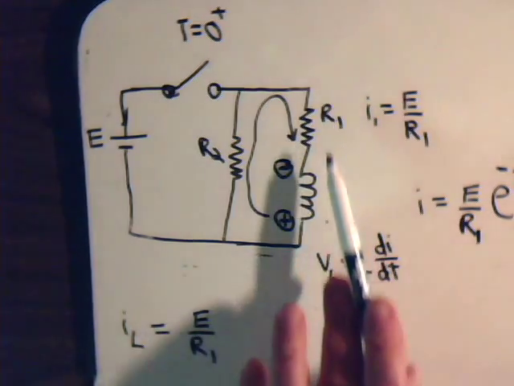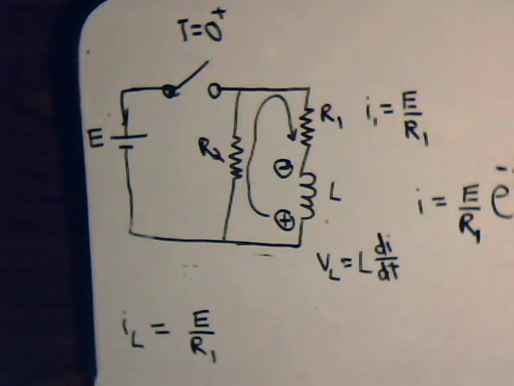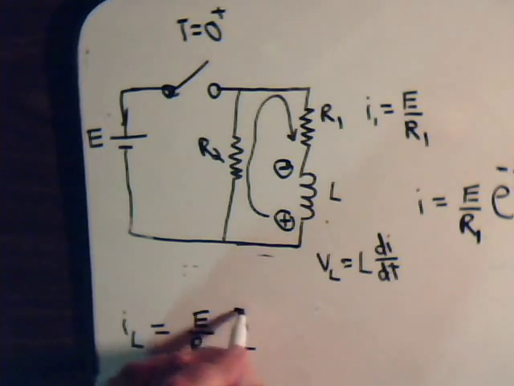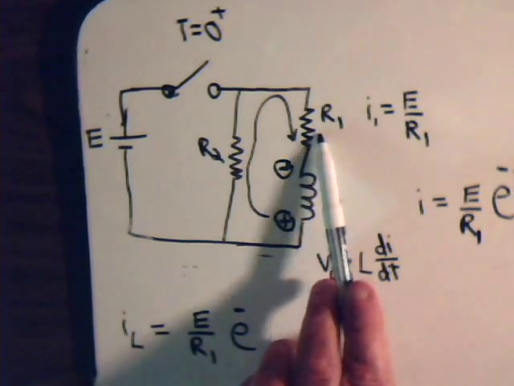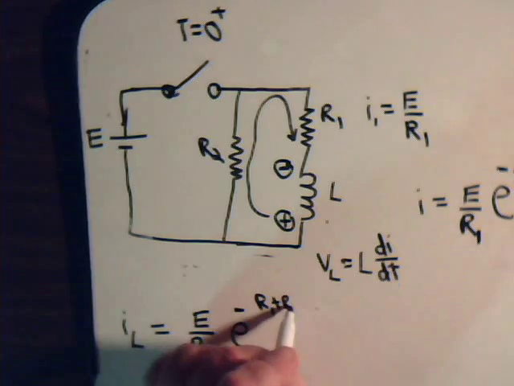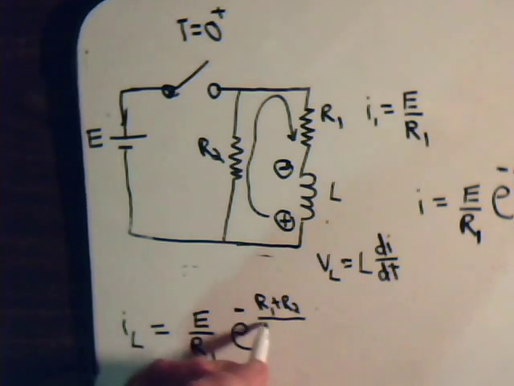The amount of current that goes through here is E over R1 when we have that steady state condition. So I_L equals E over R1 times e to the minus total resistance, which is R1 plus R2, divided by L